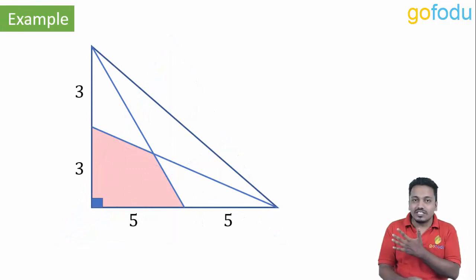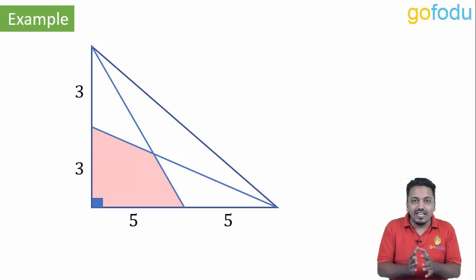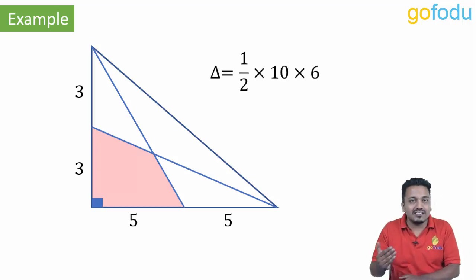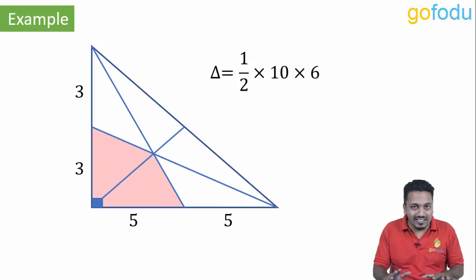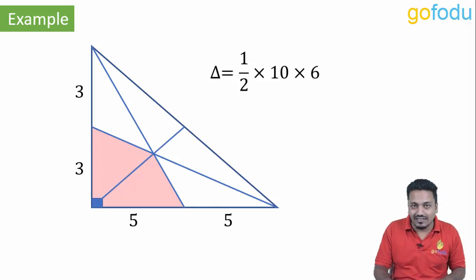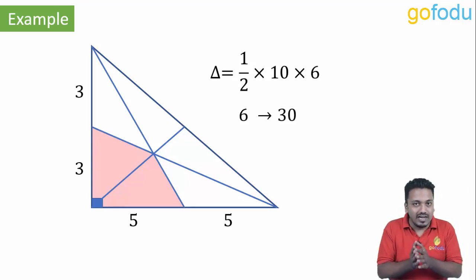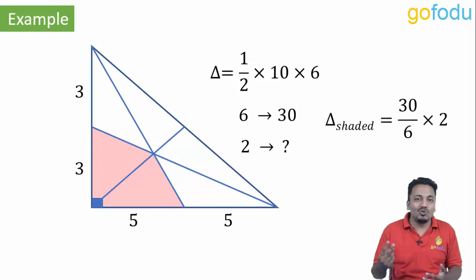Now find the area of this shaded region. It is obvious that these lines are medians as they are bisecting the sides. Now area of the triangle will be half times base, that is 10, into height, that is 6. So area is 30 units. Now construct the remaining median. As the lines are medians, these triangles will have equal area. And our shaded region is 2 out of 6 triangles. Area of 6 small triangles is 30 units and we have to find area of two smaller triangles, right? That would be 30 upon 6 into 2 square units.